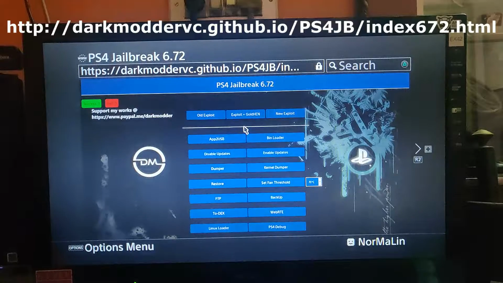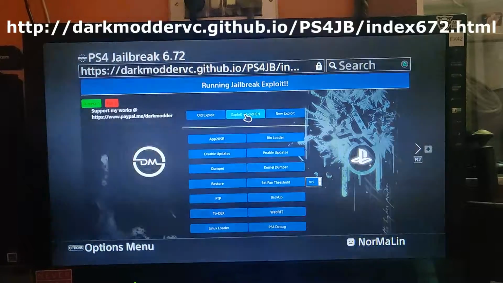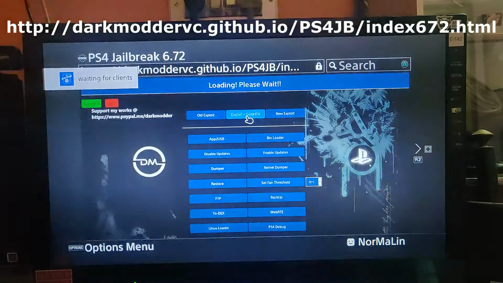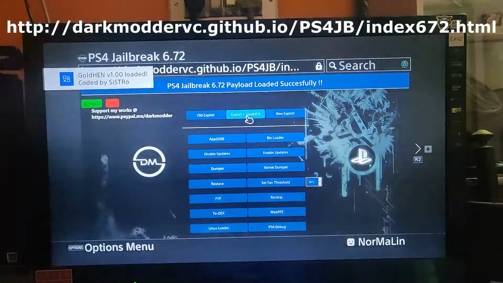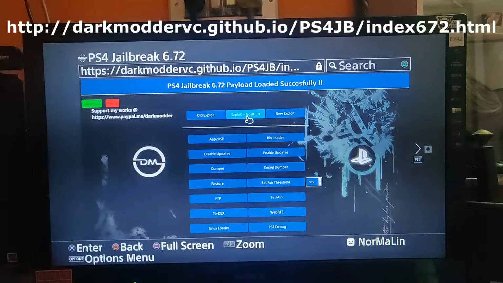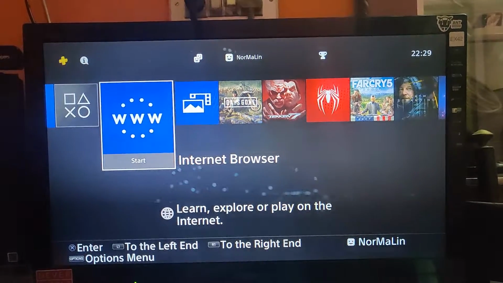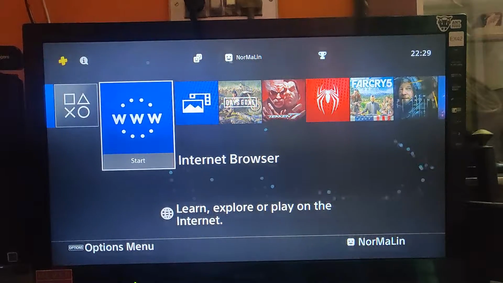Now I am using Dark Moders 6.7 jailbreak exploit to jailbreak my PS4. Now after jailbreaking your PS4, you need to connect to the internet. I'm using my phone's hotspot.